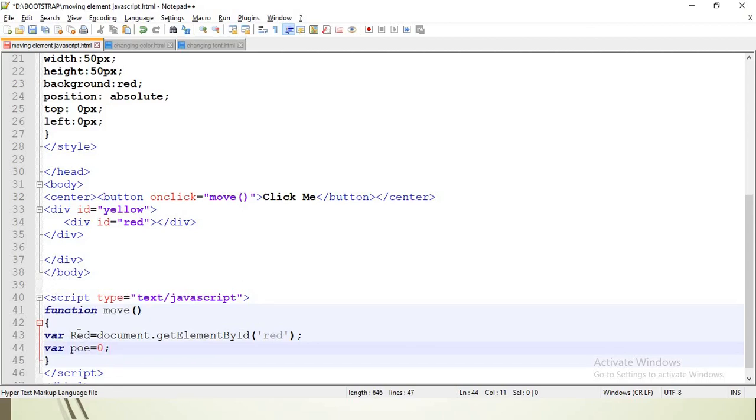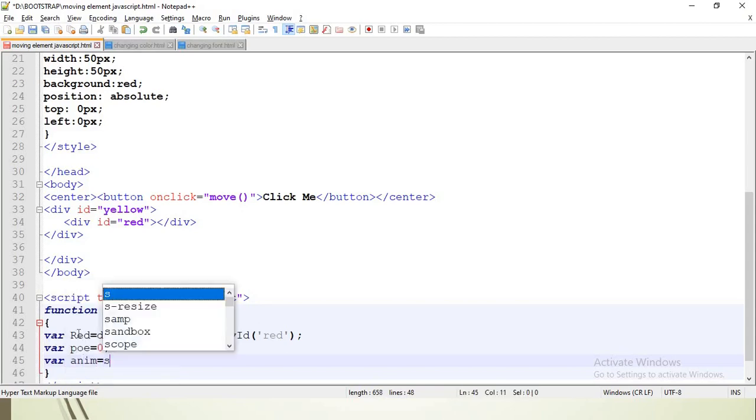Currently it will be 0, at the 0th position, and I'll take one more variable anim to store the result of the animate function. By calling the setInterval method, we are passing the animate function inside it, and that result has to be stored in the anim variable.